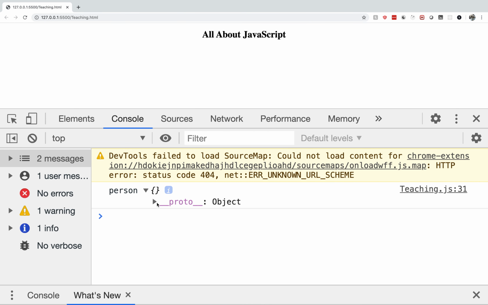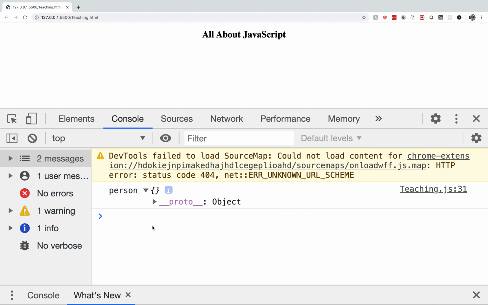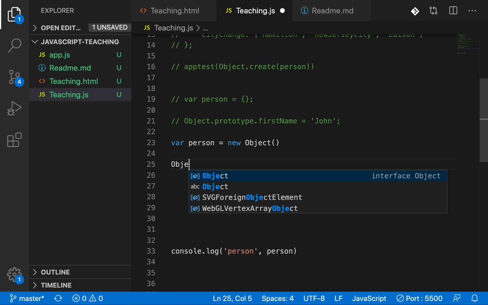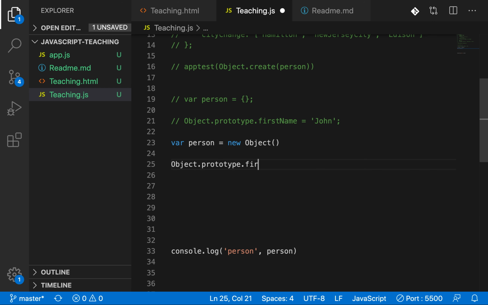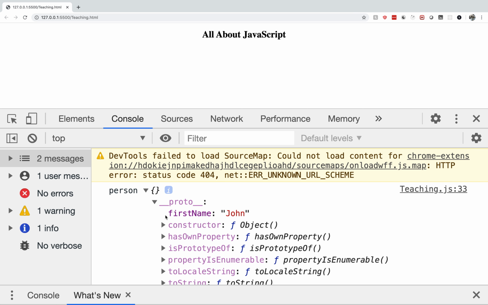You will have the prototype object even if you create it with the new keyword, and even if you define person.firstName with the help of Object.prototype.firstName equal to John, the same thing happens: the first name is available in the prototype object, or the secondary object.